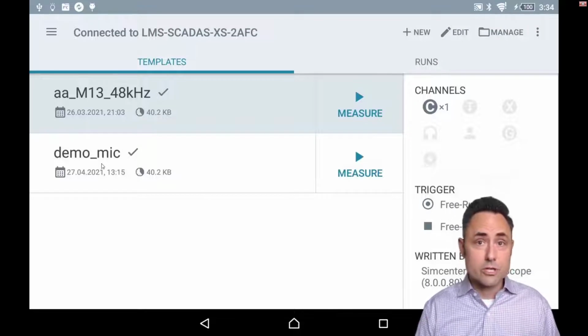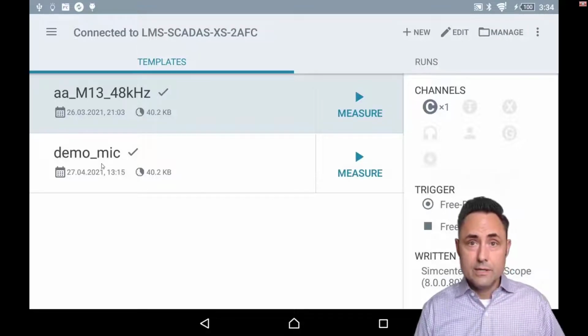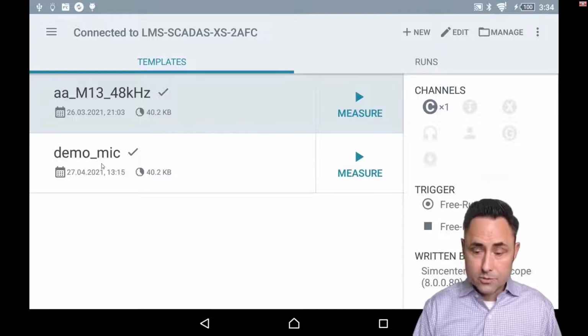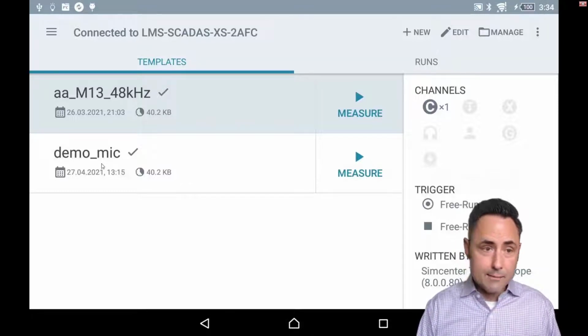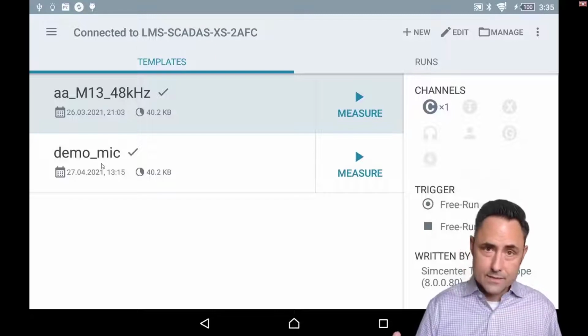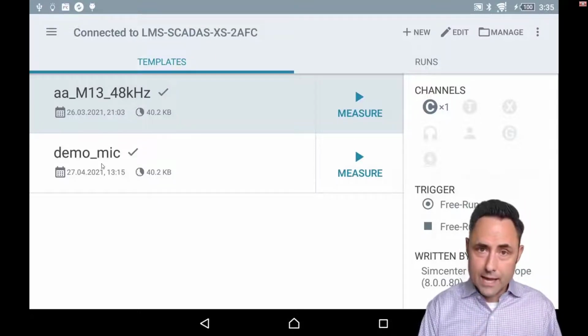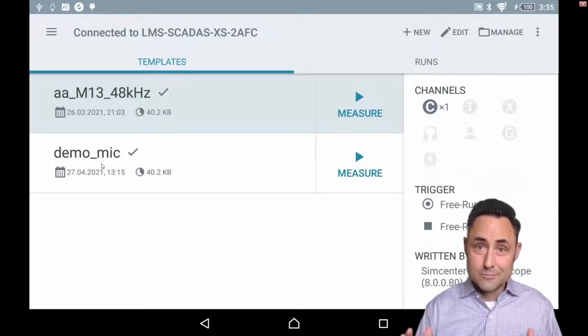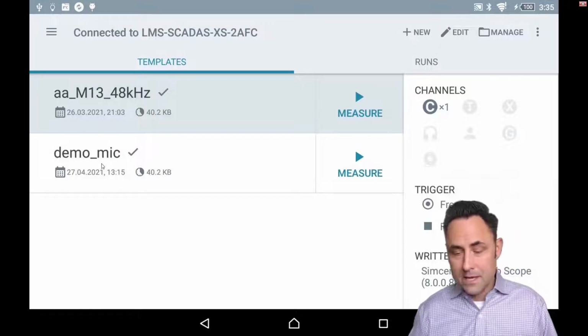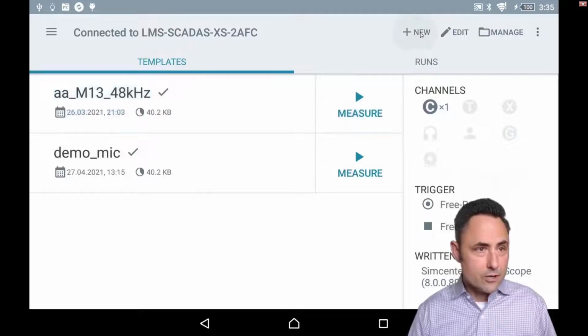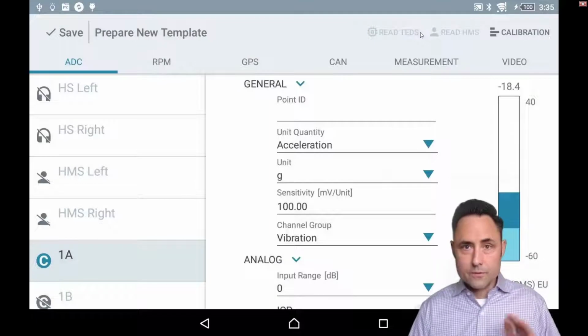Okay, so this is where we're going to create a brand new template from scratch, and that we'll have at our disposal. We keep it on our tablet, and anytime we have an XS and this tablet with us, we will have this little 3.5-inch floppy emergency use template. Okay, so in this case, we're going to say new here, and we're going to create a brand new one from scratch.